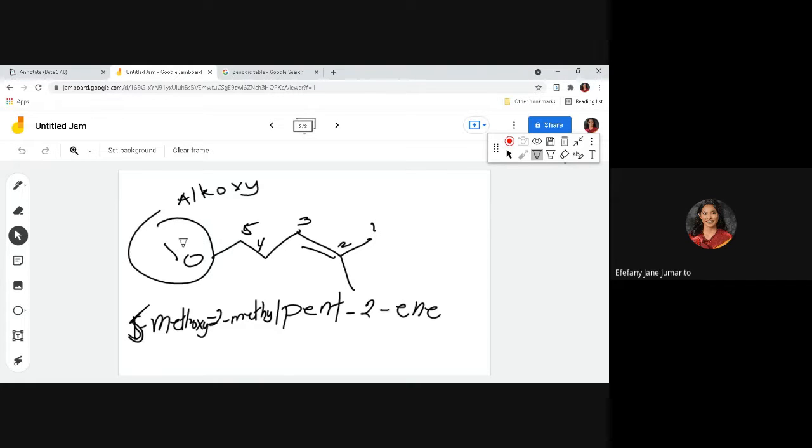Now, always for the oxy, we will count it as 1. So here we start counting from our alkoxy group, not here. We do not count from there, right? 1, 2, 3, 4, 5. Now, the correct one is to prioritize our ether. Okay, so we have 1, 2, 3, 4, 5. Okay, so we reverse it.